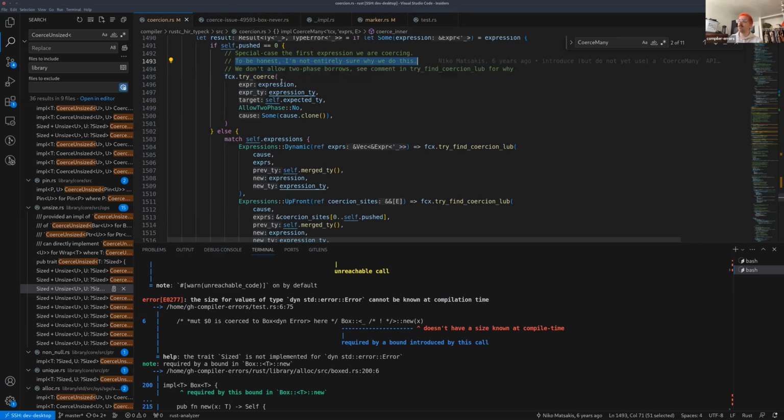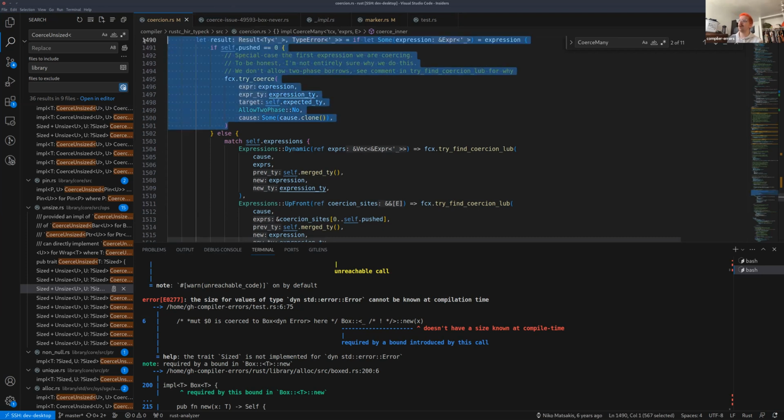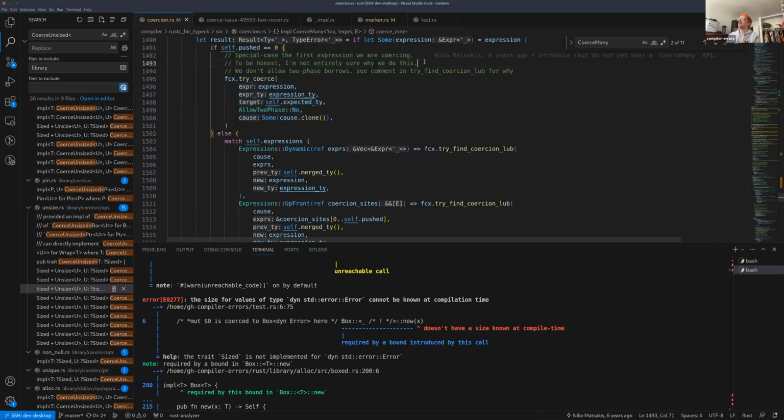This is wrong. If you delete this whole branch, then it does cause a lot of reborrowing issues and stuff like that. So I might spend some time updating this comment to explain exactly why it's useful to first start out by trying to coerce the first type you pass in with the expectation that gets passed into the coerce many,